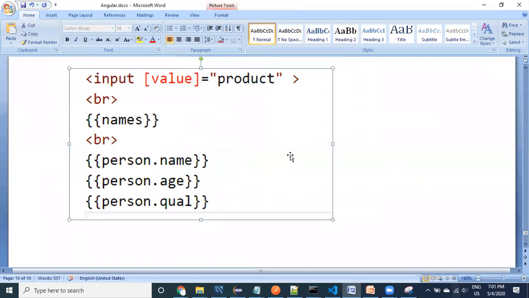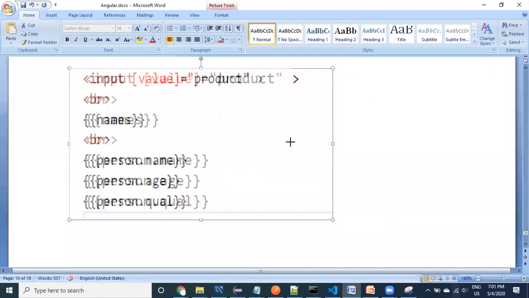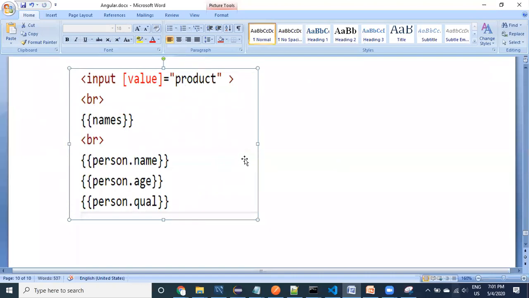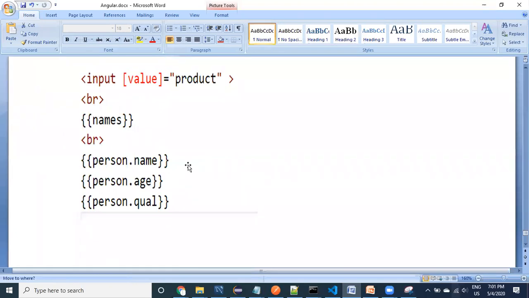See here, guys, this is going to be something like this. This is an HTML file within the same component. This is one HTML file.